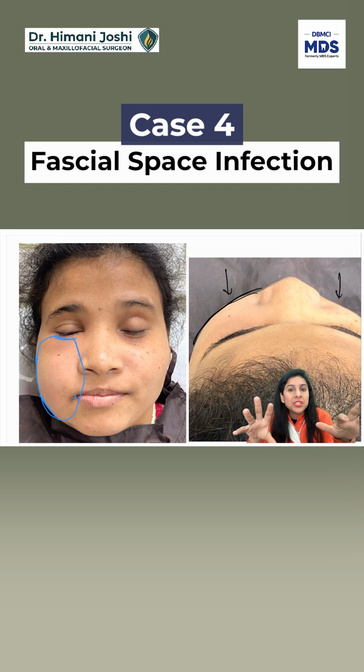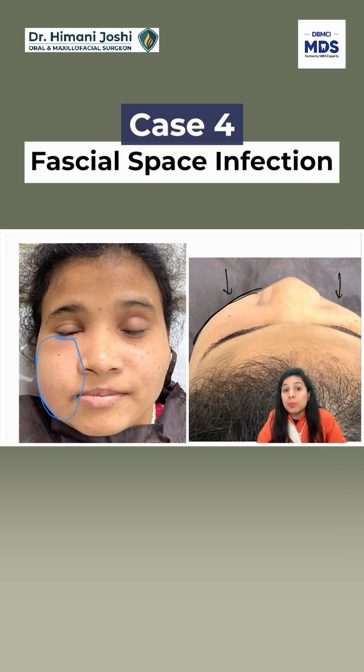Okay, so all these structures will be encountered, which is why whenever we do a drainage of the buccal space or any space, we do a blunt drainage. We take a Halsted forceps or an artery forceps, close it, insert into the space, open it into the space and come out. So this is the Hilton's method of incision and drainage.